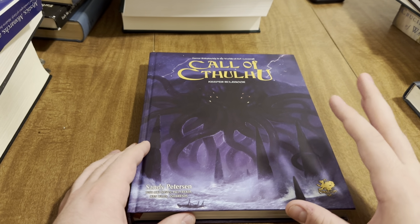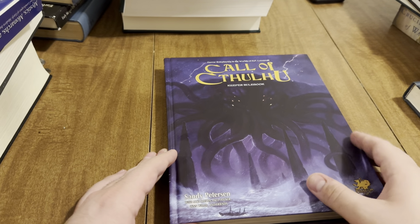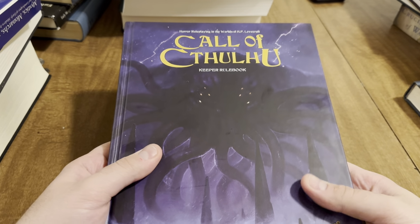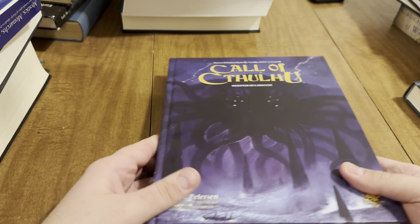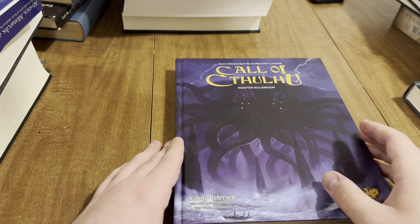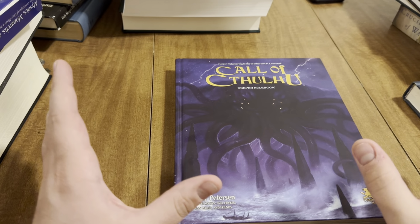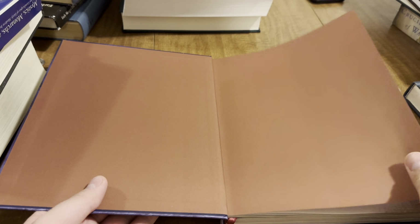And lately, I've been thinking about the RPG, so I finally picked it up, and this is the seventh edition Keeper's Rulebook, and Keeper is their word for the game master, of course. Obviously, this looks a little different than the filming location. This is my normal desk that I do my real work on, so that's why it's got a bunch of books, and maybe I look like a little bit of a crazy person, but